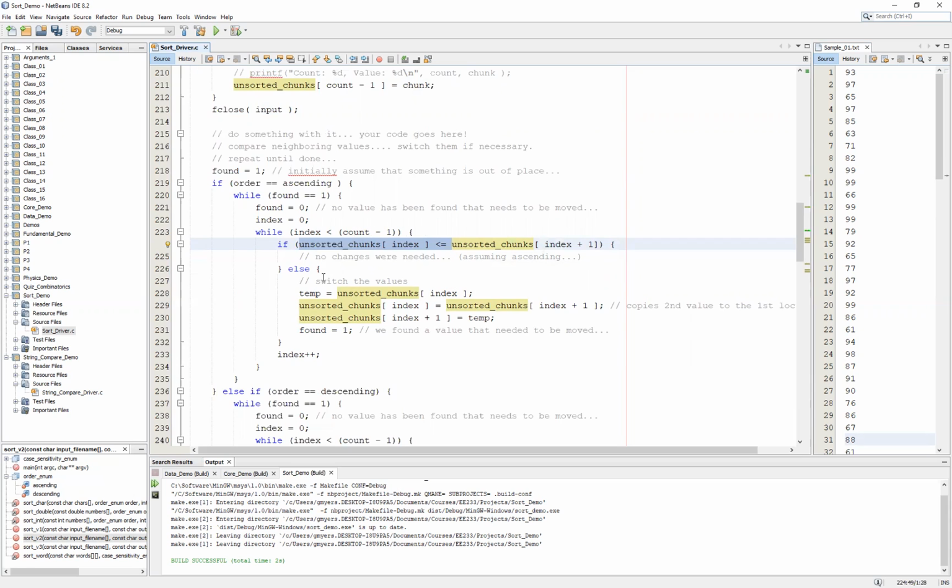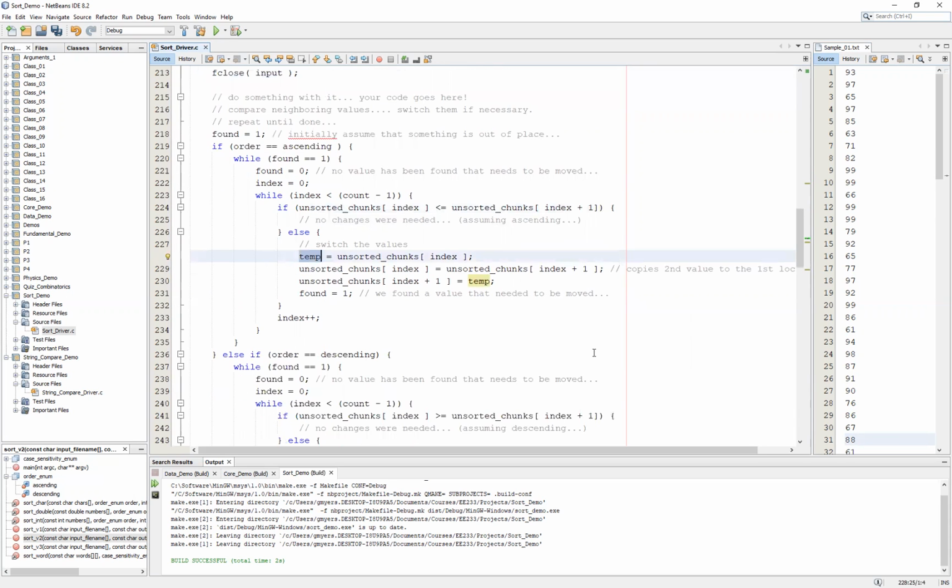Or if they're equal, we do nothing. In any other scenario, we simply swap them by assigning one of the values to a temporary variable, assigning the second value to the first location, and then assigning that temp value back to the second location. Trip our flag. In other words, we say found is equal to true or 1,